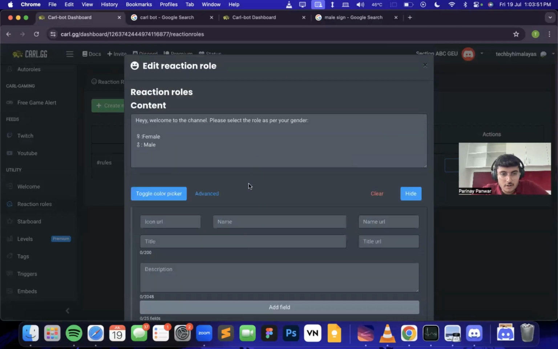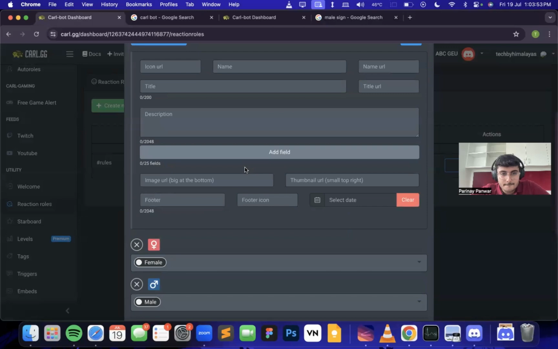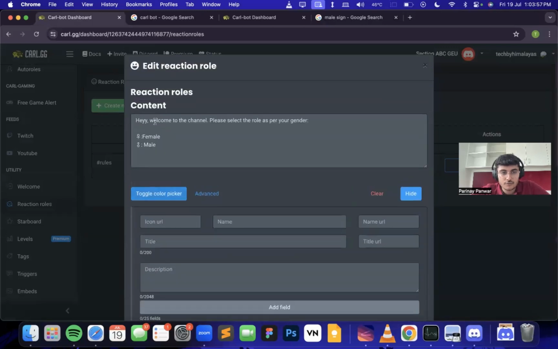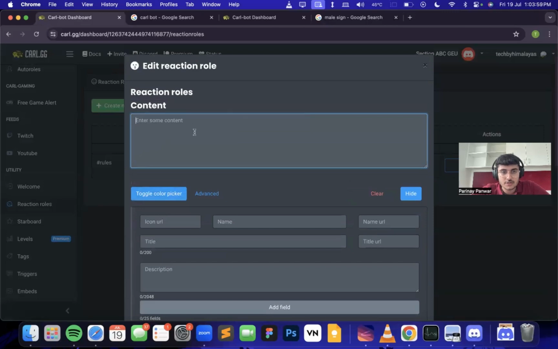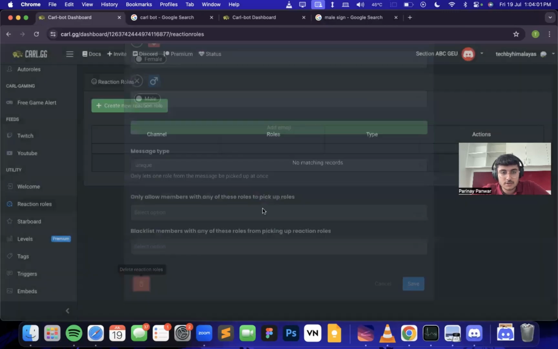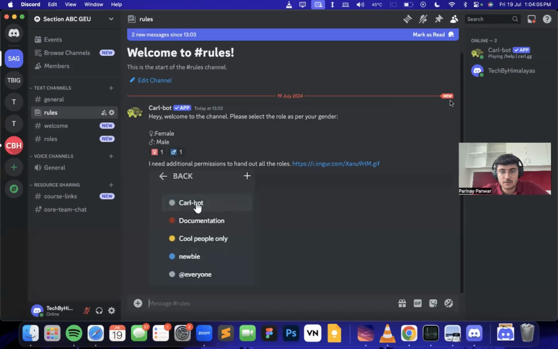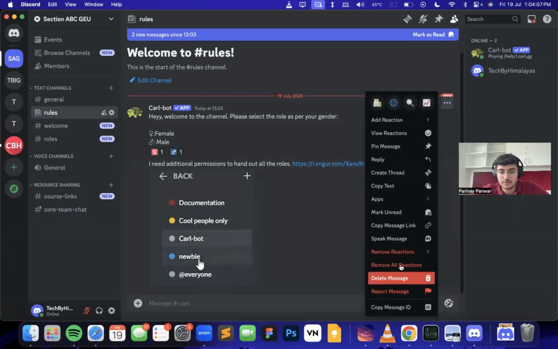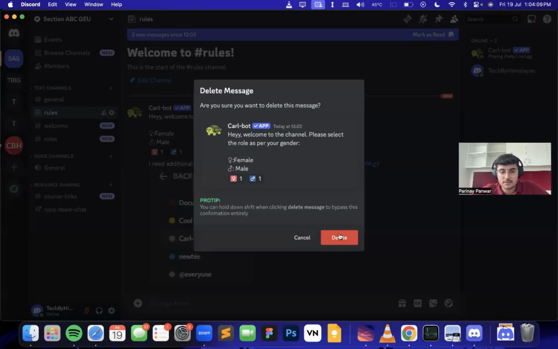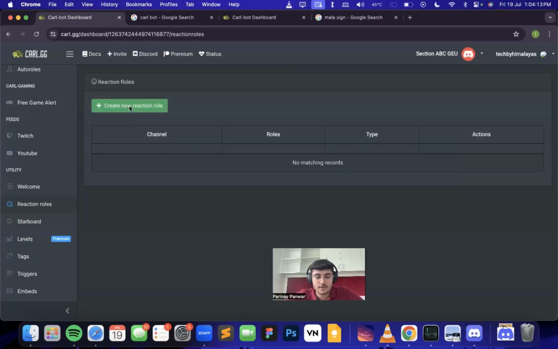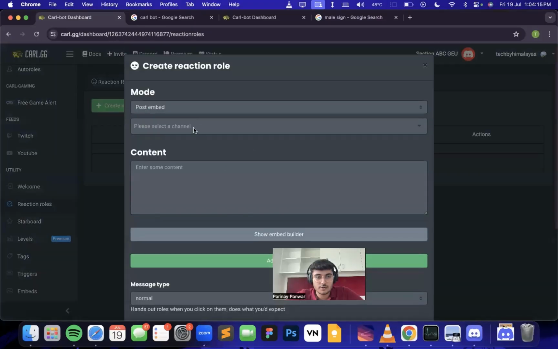I guess we cannot edit it. So what we'll do, since we cannot change it, is delete this reaction role. We'll delete it from the server as well, and delete the message. Now if we want to create it again, we'll go to create, select roles,